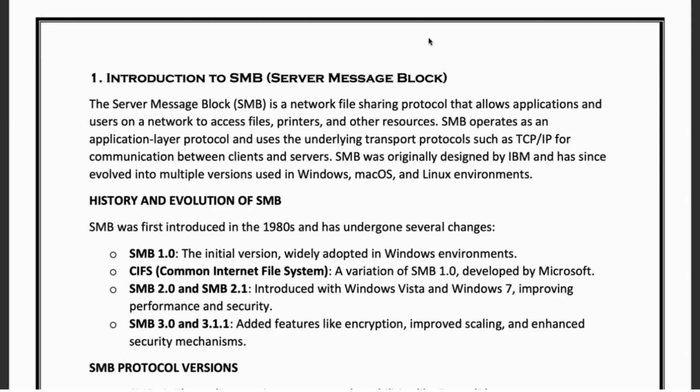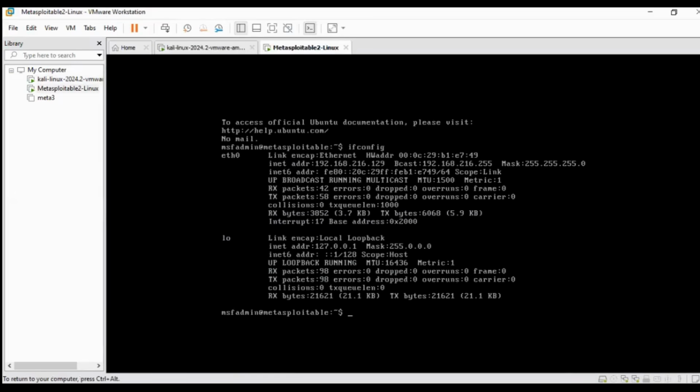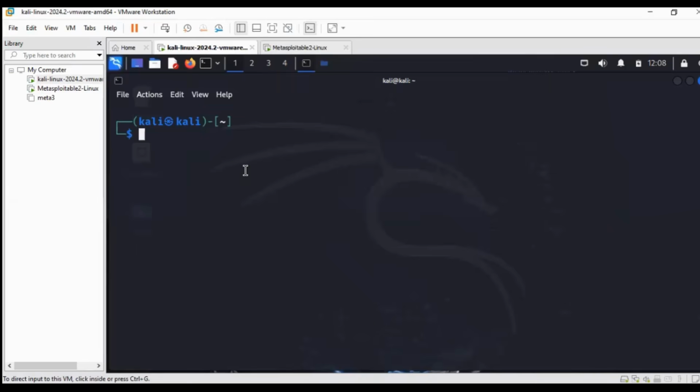So let's first check it out in our environment if SMB is open, and we use Meta2. So in Meta2 is running on Linux, so you will find out that SMB is not running. Basically Samba is running on that protocol. If we find out the IP of our Meta2, which is 192.168.216.129, and if we conduct a simple port scanning like Nmap space -sV,